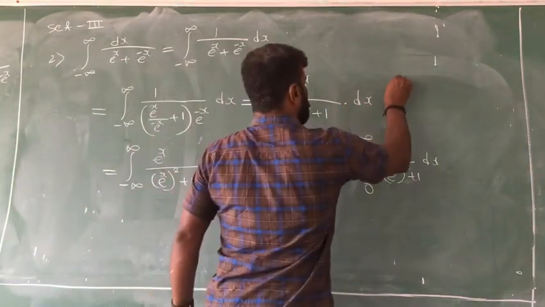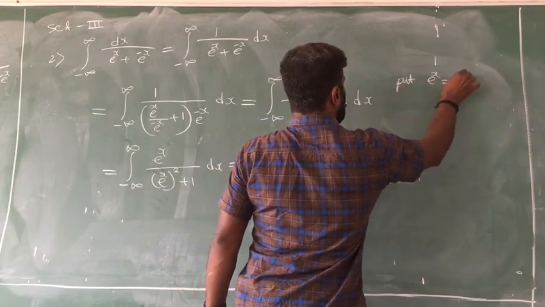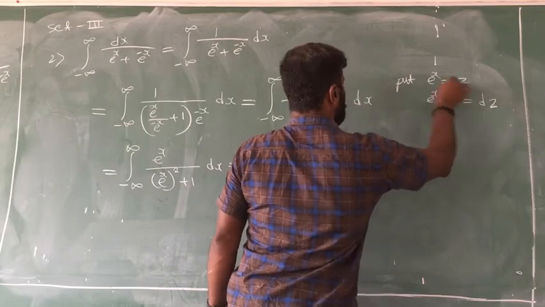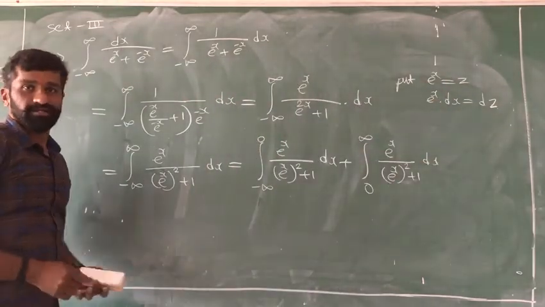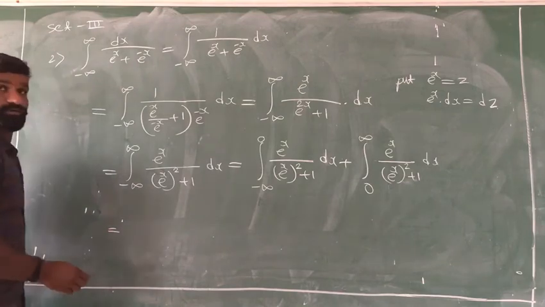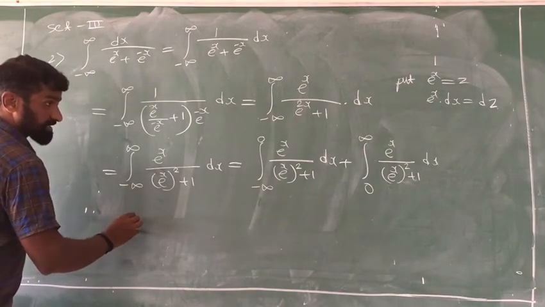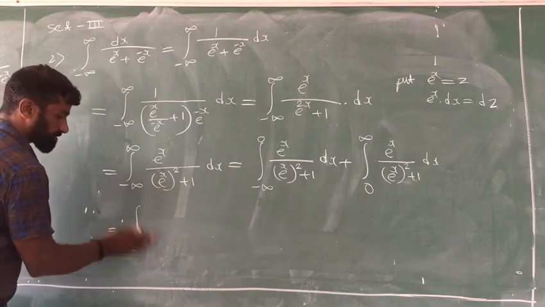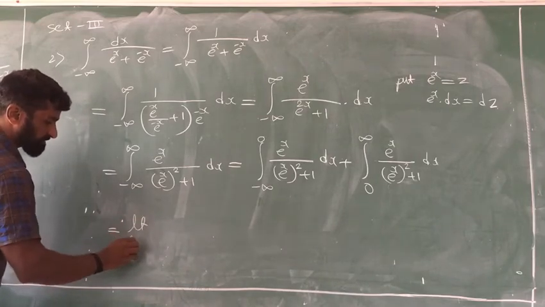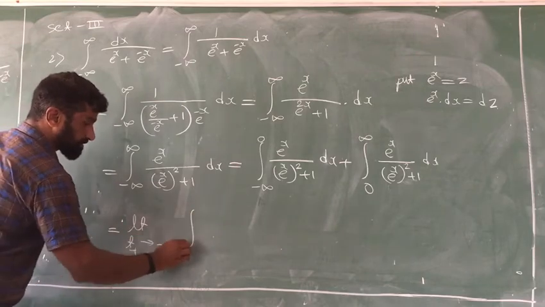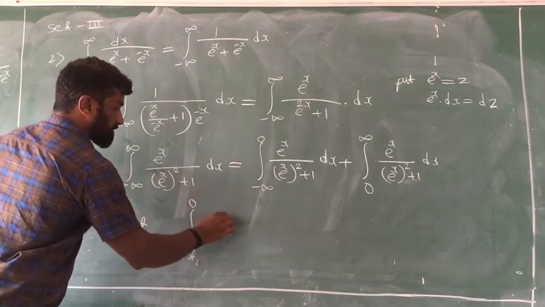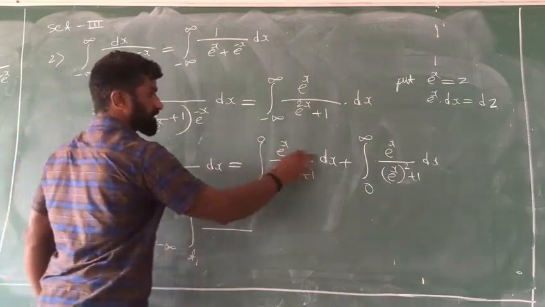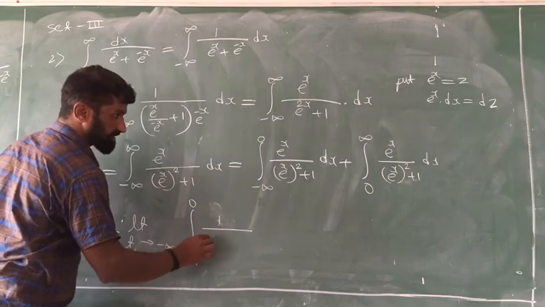Put e raised to x equal to z. Differentiate this: e raised to x dx equals dz. If you apply the limit, the limit does not change. Better to apply limit t1 tends to minus infinity, so t1 to 0, and substitute the value. So it is 1 divided by e raised to x dx, whose value is dz, 1 divided by z